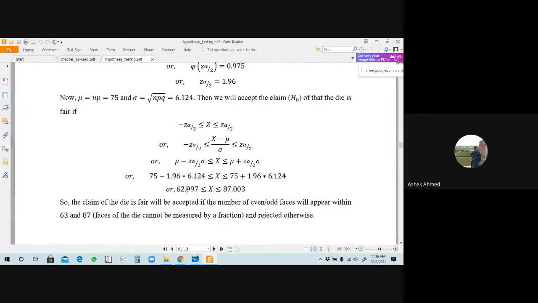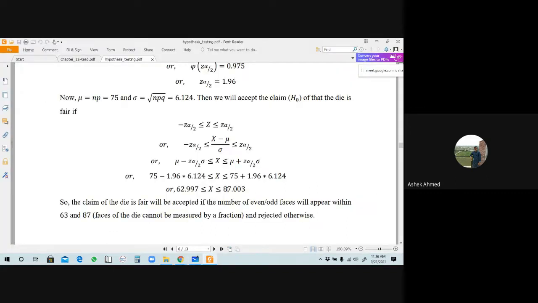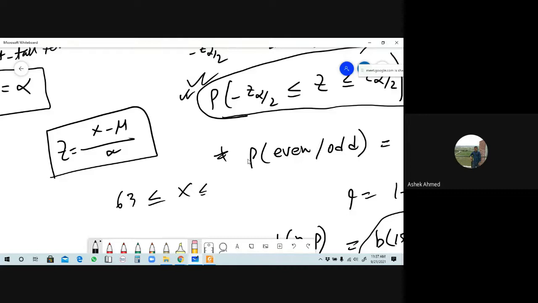So from here tell me the nearest integer of this value, what will it be? 62.997, that approaches 63. Is it right? Less than or equal to x, less than or equal to. With less than or equal, equal is included; with strictly less than, it is not. And the nearest integer of this, what will it be? 87.033 will be 87. Is it right? Okay, so from here tell me the sum of 63 plus 87 is here 150. Is it right? Is it correct?